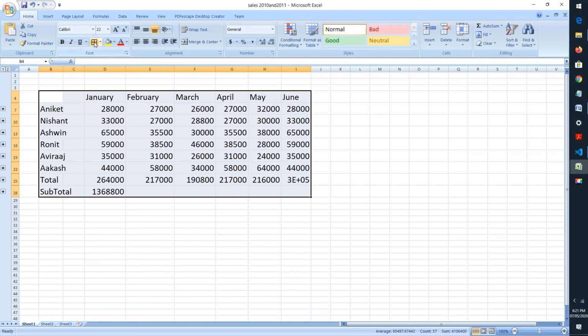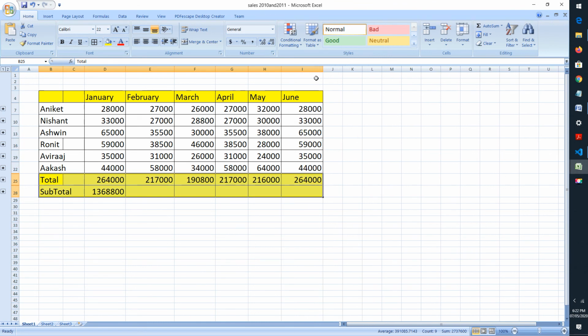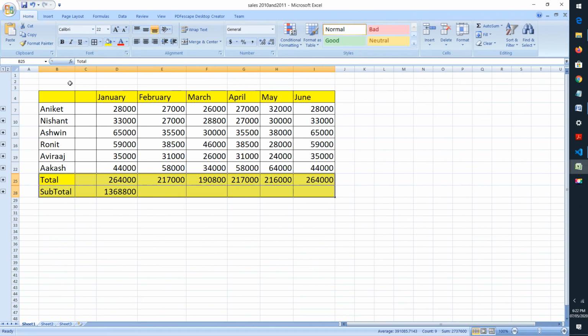Now, it is representing the exact value. We can always highlight the cells. Let us highlight it. Now this represents the consolidated data from workbook 2010 and workbook 2011.